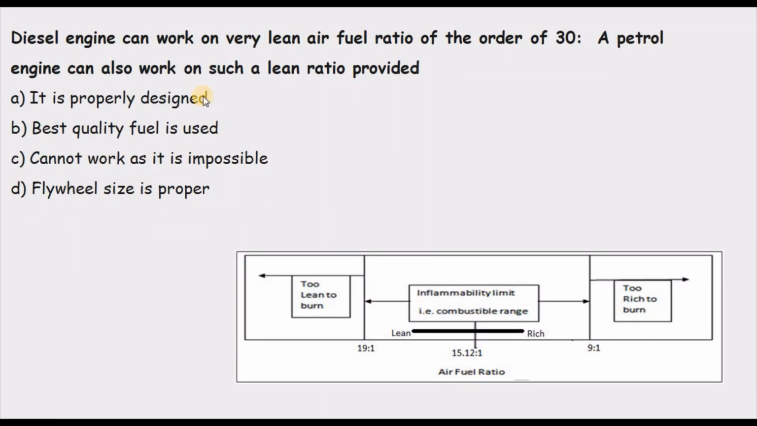Next is: a diesel engine can work on a very lean air-fuel ratio of the order of 30. A petrol engine can also work on such a lean ratio provided. Here we are talking about the probability where the diesel engine is able to work at a ratio of 30:1, but what is the probability of such a 30:1 mixture burning inside an SI engine? And the options are: it is properly designed,